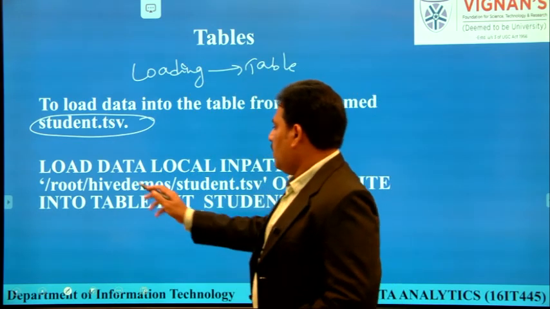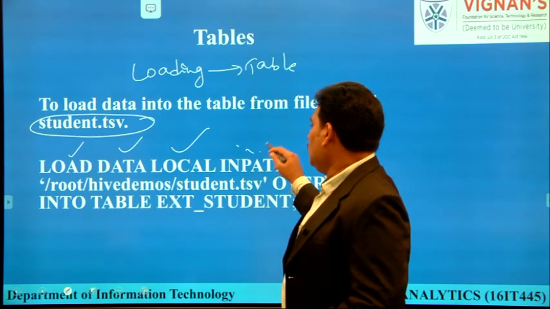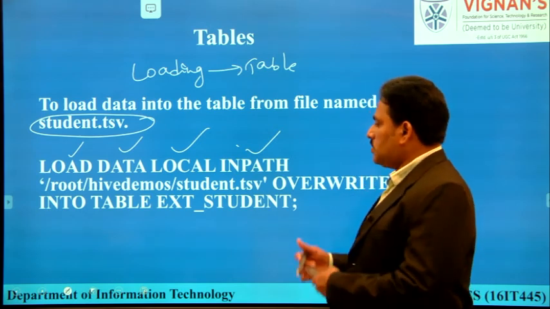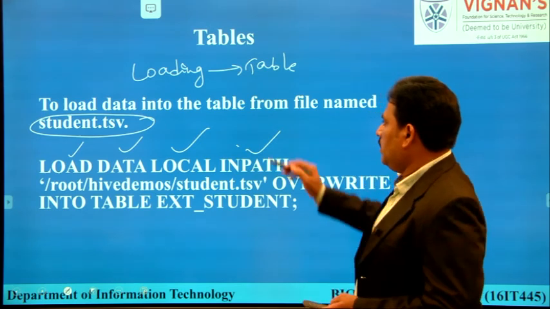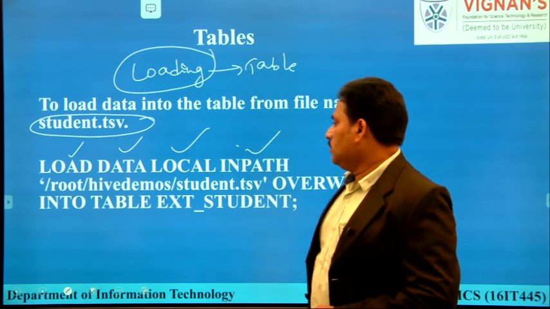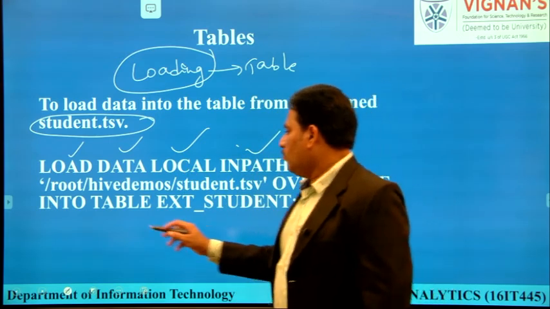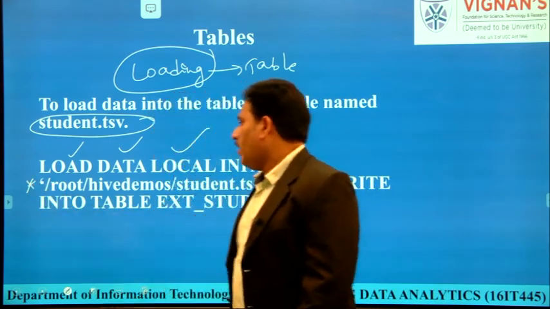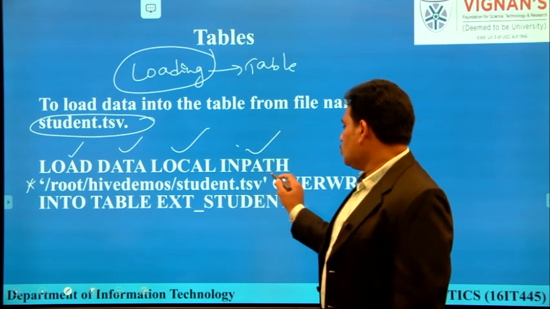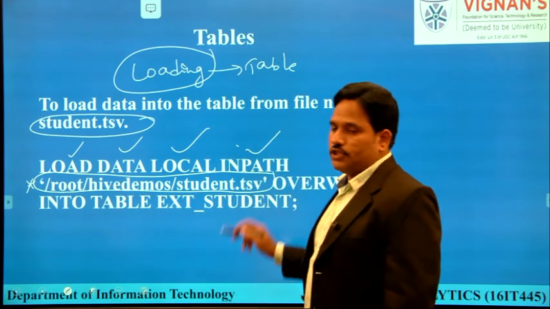We use the keywords load data local inpath. We have to give the specified path of the data we want to load. Here we give the path of the file: root hive demons student.tsv. So this is the exact file location.